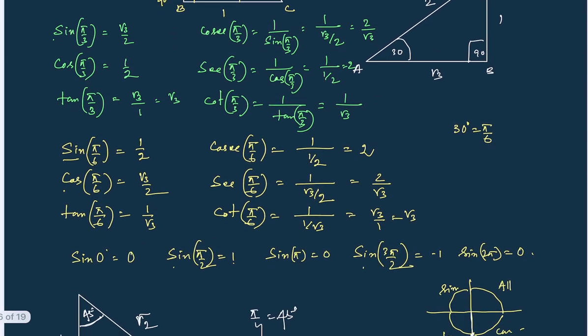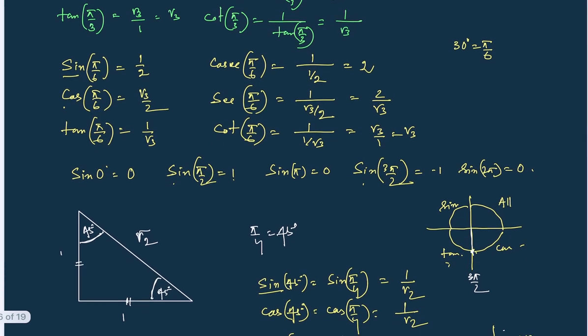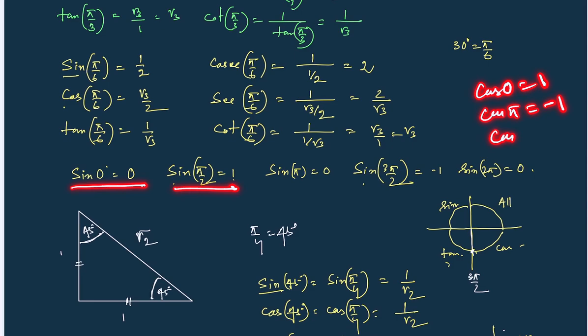Now you go for this one. You remember one thing: what is sin 0? Sin 0 is 0. Sin 90 is equal to 1. You remember this one. Similarly, cos 0 will always be 1, cos pi will always be minus 1, and cos pi by 2, which means 90, will always be 0, because